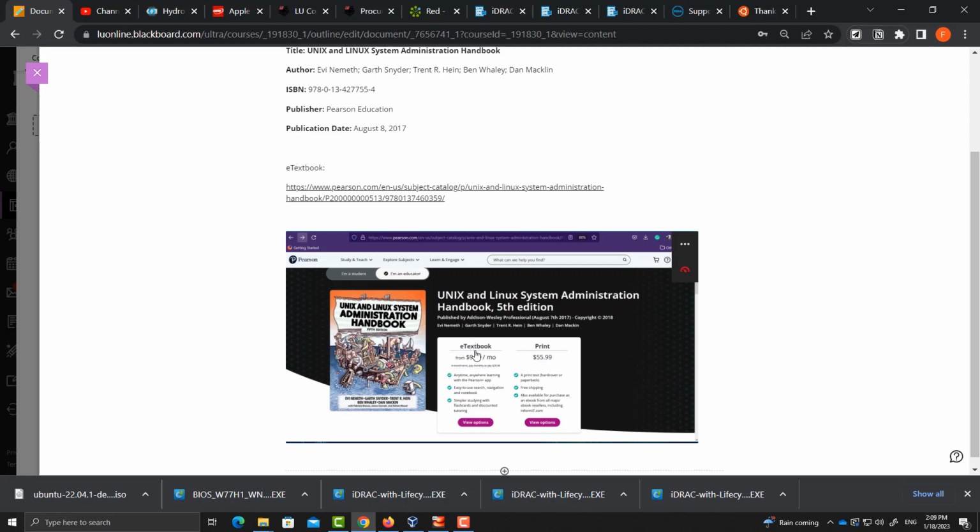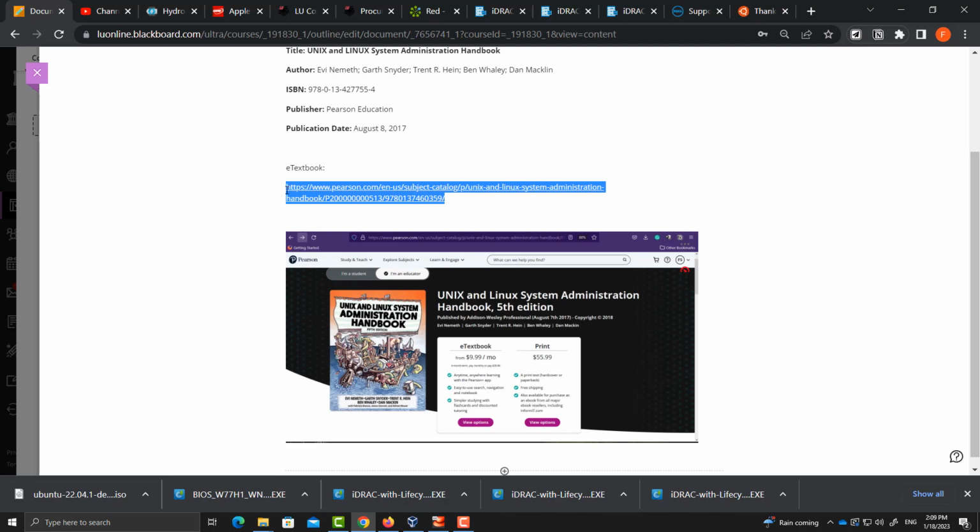Another option is to buy the e-textbook. It is $10 a month, but they ask you to take it for at least 4 months. That means $40 for the e-textbook. The good part is you can install it on your phone to read your textbook, and it even has audio. But the bad part is that after 4 months it expires, and you have nothing left. Okay, this is required.